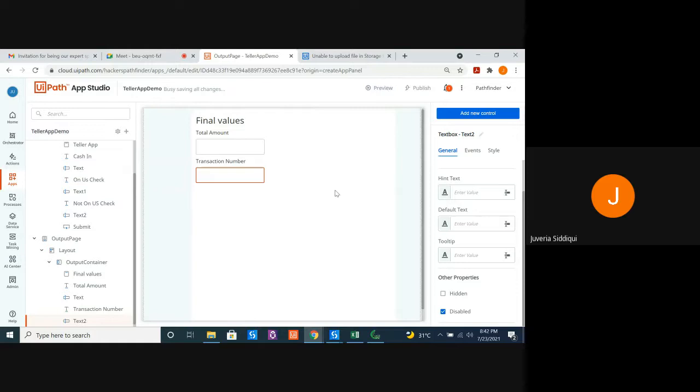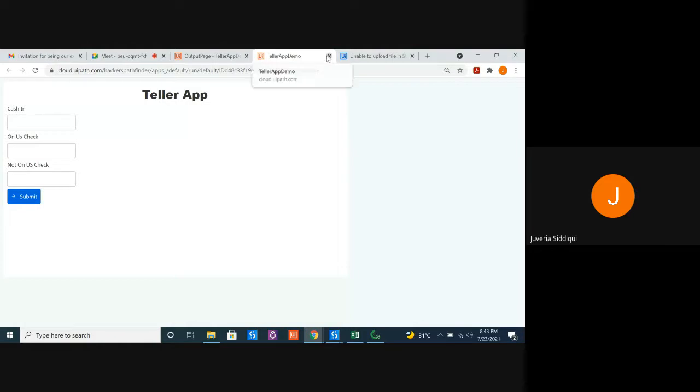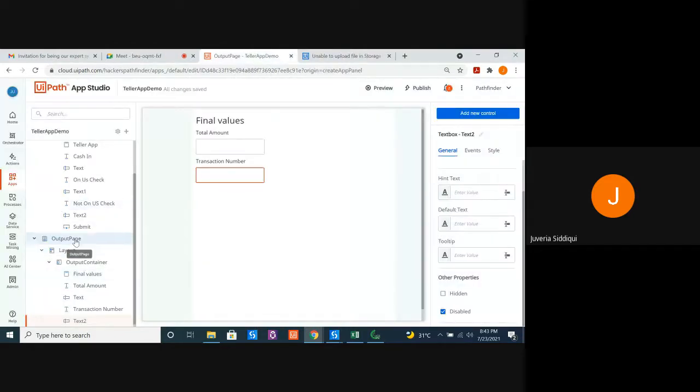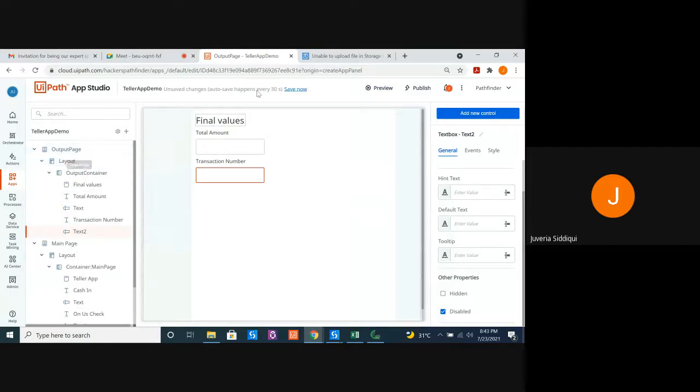Let's see. Okay, it's still starting with the first page. Let me make this the start page. This is also very important. You have to be very careful what your start page is.